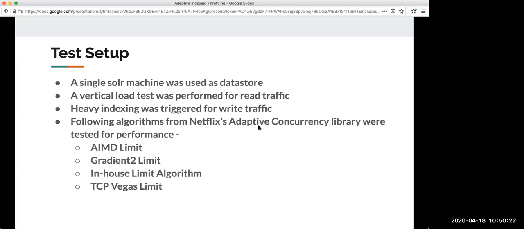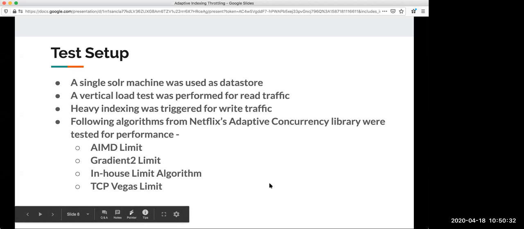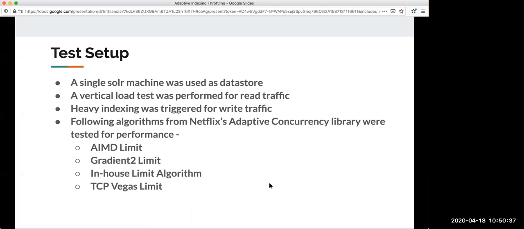But this adaptive concurrency library was made for one service. You put it on one service, it will gauge the health of that service and create a limit for the same service. But in this case, we divided these two pieces out. We look at our data stores, gauge their health, and come up with a load average or load value. From that load value, we create a limit. And that limit, we give to our indexing system to enforce. We divided these two pieces out in read and write.